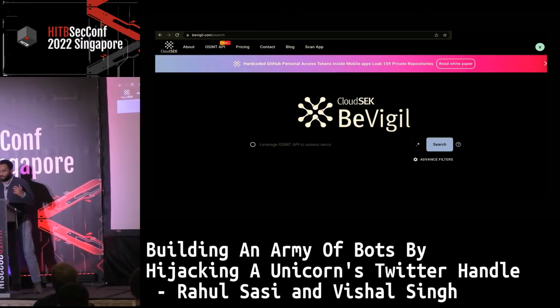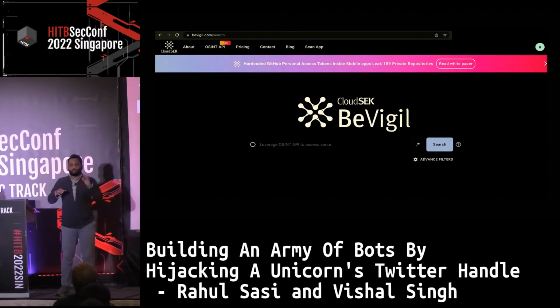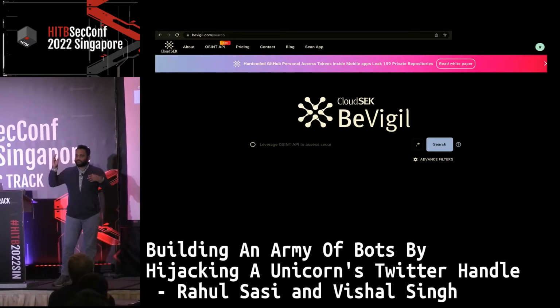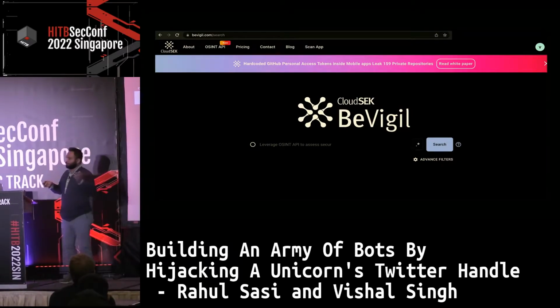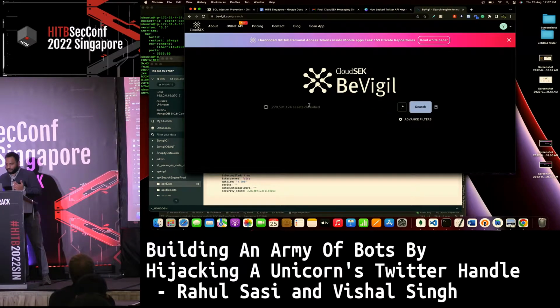It is actually a simple search engine. It's a free search engine. You can put in the name of any app in the world, and it'll give you the security score and a security report. I'll show you and tell you why this is important before I give the talk, because this will set the context. So it's basically a search engine.